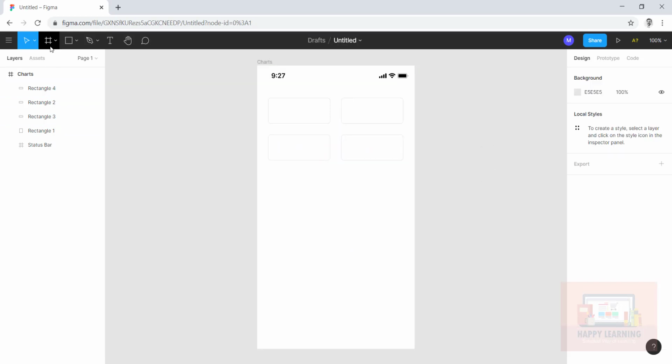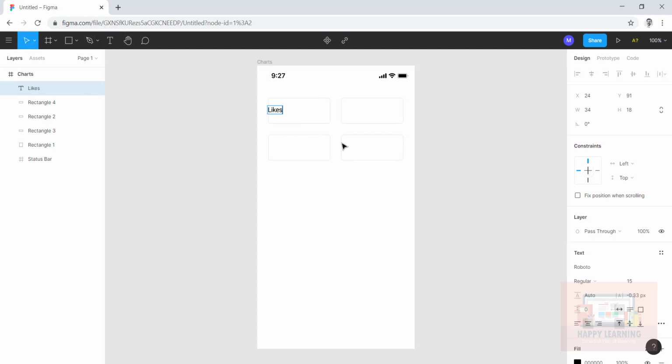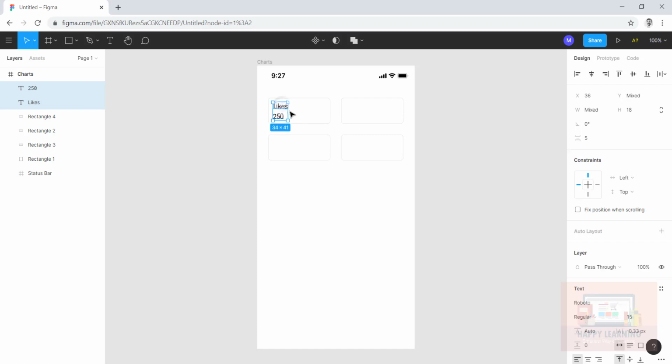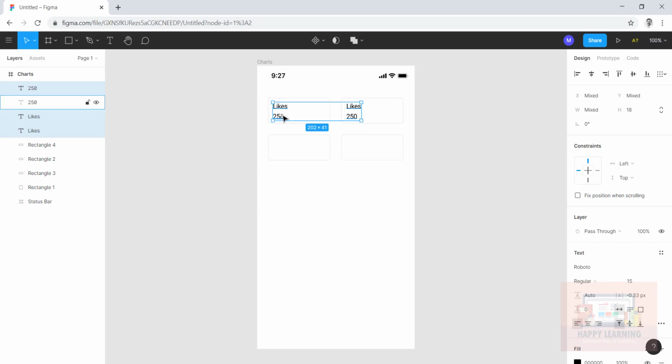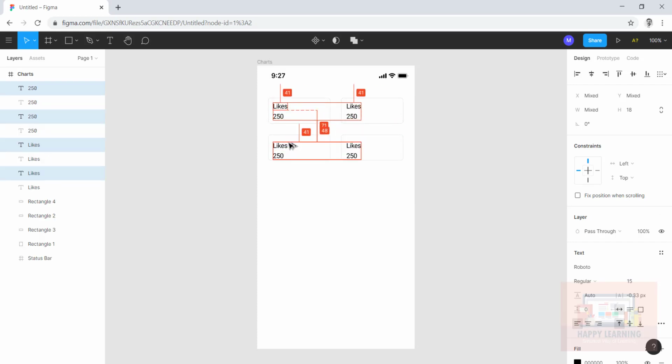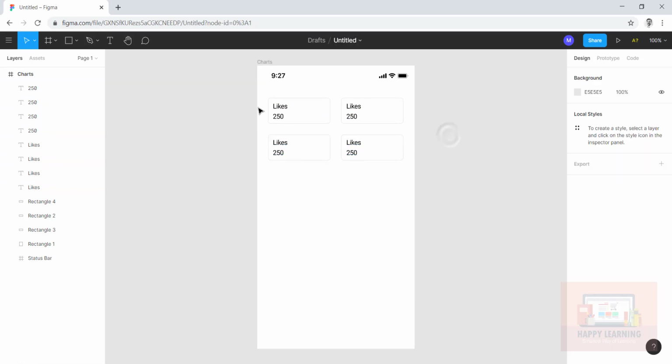I just wanted to place the text there, as in Facebook, I would like to show likes. So let me change the alignment of this. I can create a copy of this and then I can change the text. Then let us create a duplicate copy of this down to it, and then I would like to have the number of likes there. Then copy it here and select both and then create one more copy. Alt and Shift will help you to create a duplicate and to drag them in the same direction.